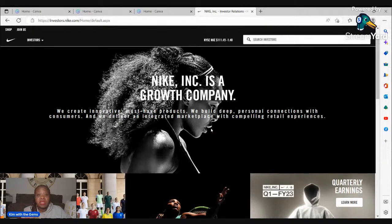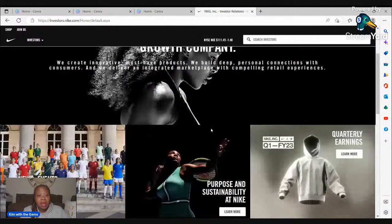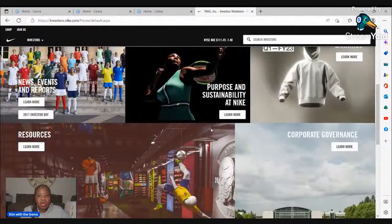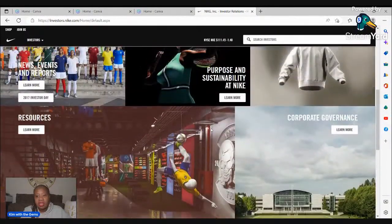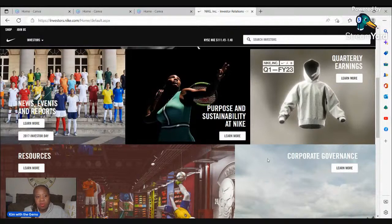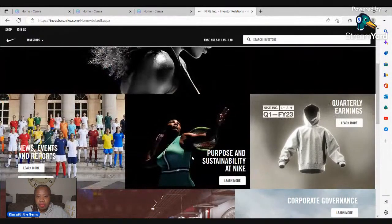If you haven't been, so I live in New York. I'm not sure that every city has this, but if you have the chance to go to a real Nike store, not the outlet, a real Nike store where you can create your own sneakers, it's mesmerizing. And so their website is just so innovative and makes you want to learn more. And so it gives you quarterly earnings,